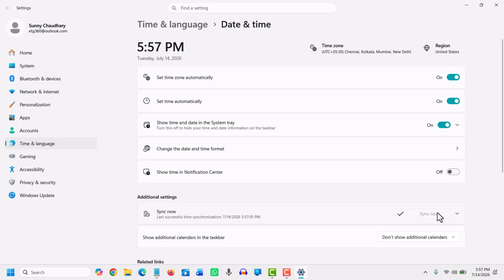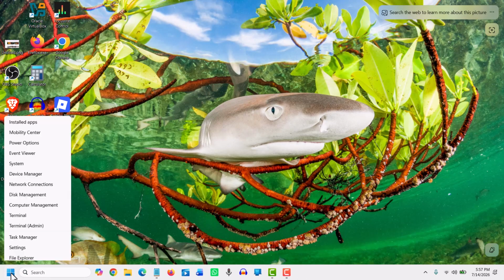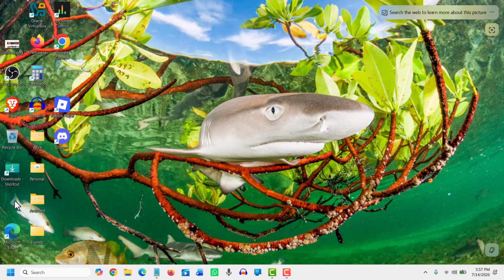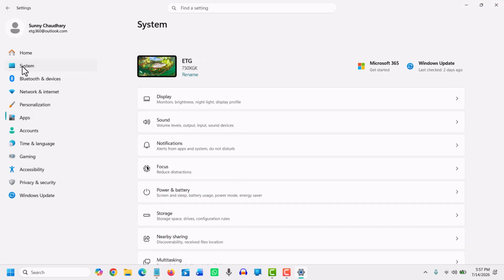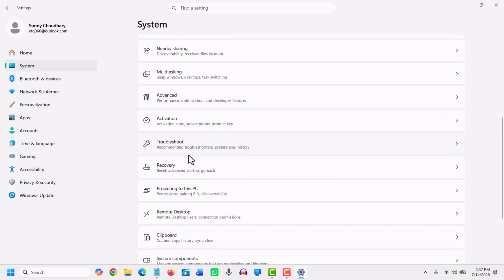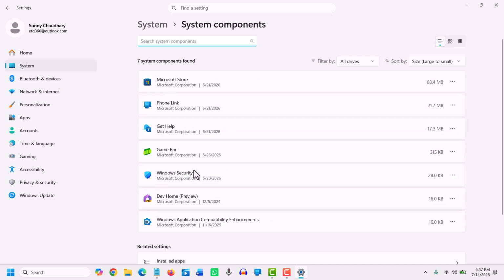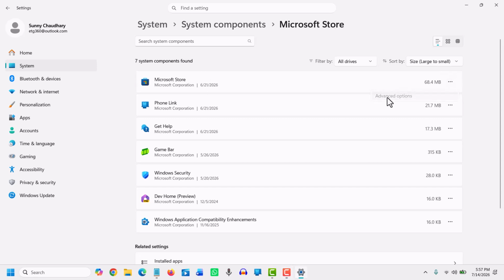All right, once you're done, close this, and then right click on the start icon, and then go to settings. We will go to system first, and then system components. Here in system components, we will find Microsoft Store right there. Now here we will click on the three dots. We will go to advanced options,